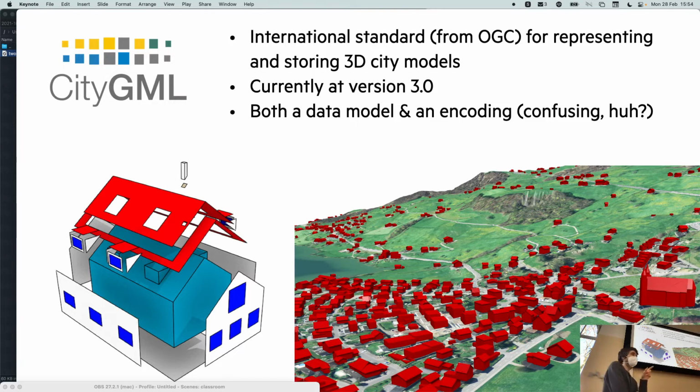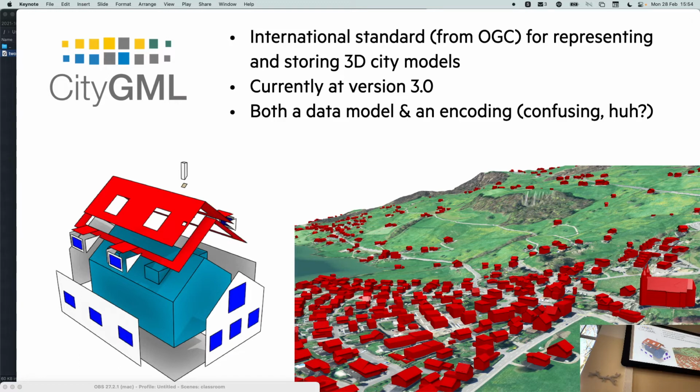So, who watched the video, can you be honest or not? Okay. In the video, I explained what CityGML is. Long story short, CityGML started in 2005. It's an international standard from the OGC, the Open Geospatial Consortium, for representing and storing 3D city models. In the video, I say it's the least bad of all the data models that exist, because I don't really like it, but there's nothing better. So that's what we use in my group to represent cities, to exchange cities. It frustrates me. I find it difficult to work with, but there's nothing better. All the other options are worse.